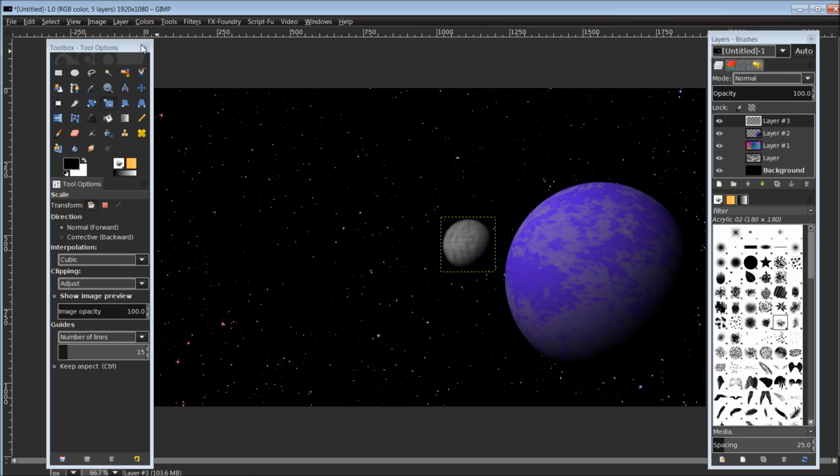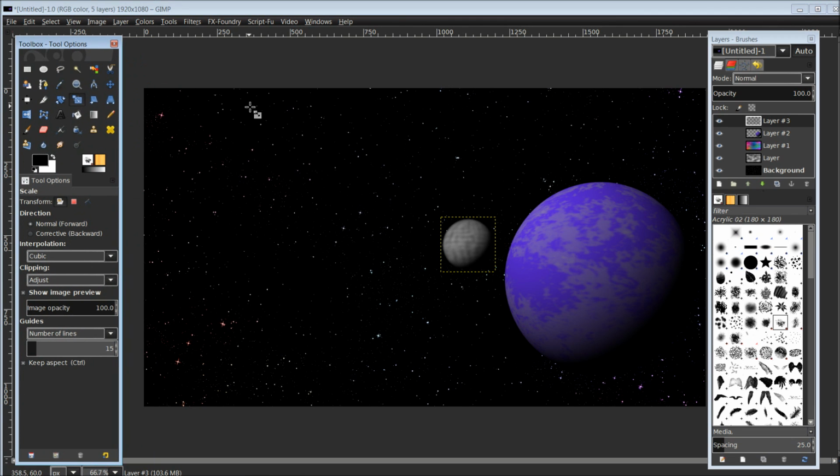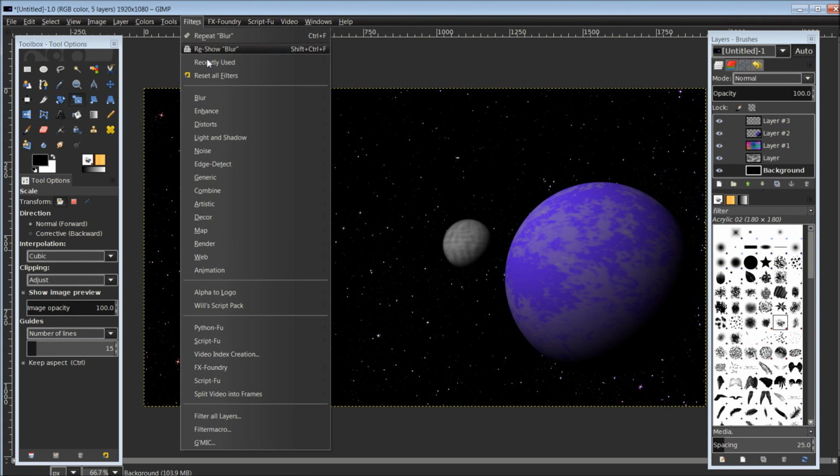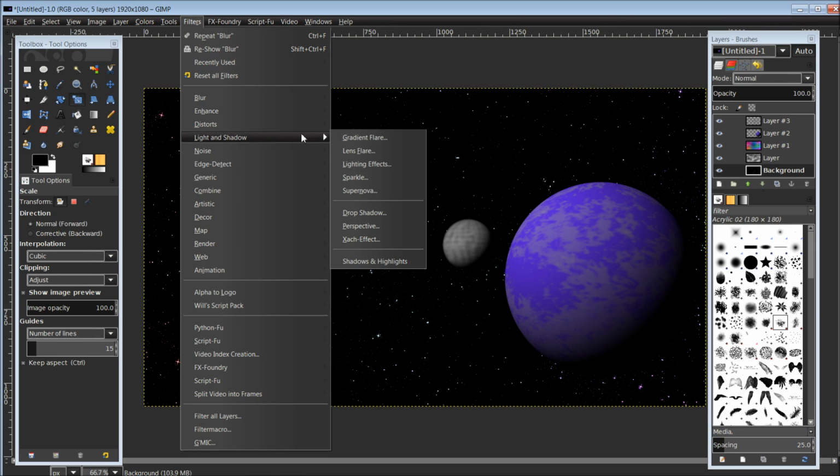And the last thing I would like to add into this tutorial, to add into the image here, because we have a lot of open space here that's empty, I'm going to put in some small little bright stars that stick out just a little more than the others. So to do so, I'm going to make sure I am on my background layer in my layers dialog box. And by selecting filters, light and shadow, supernova,